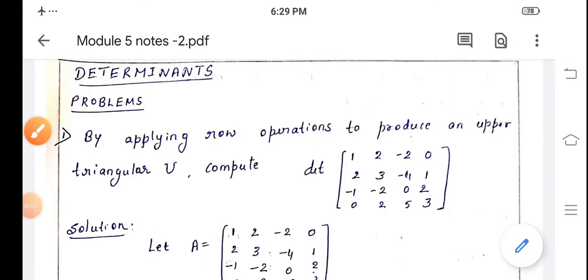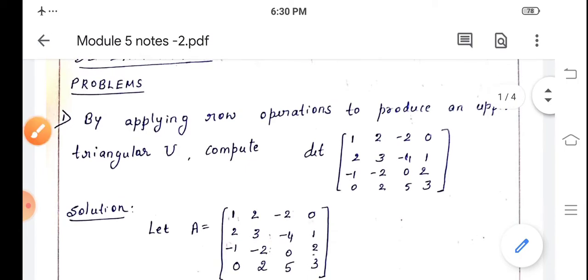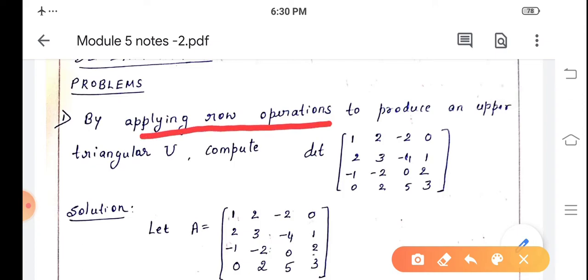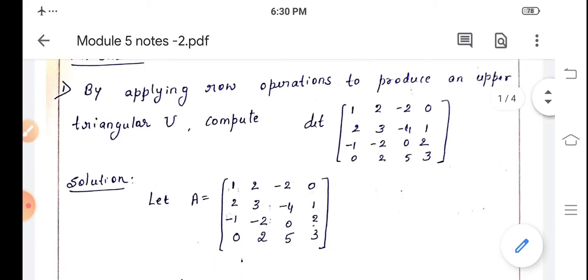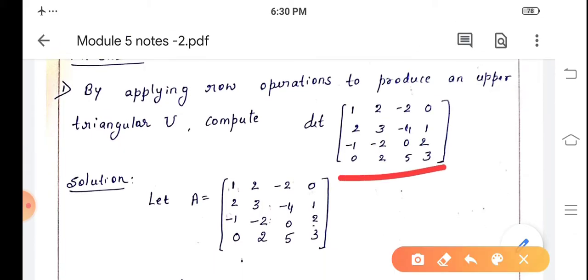Students, in the previous class we have discussed properties of determinants. Now, today we shall work out problems on determinants to find the determinant of the given matrix using elementary row operations. First question. By applying row operations to produce an upper triangular matrix U, compute the determinant of